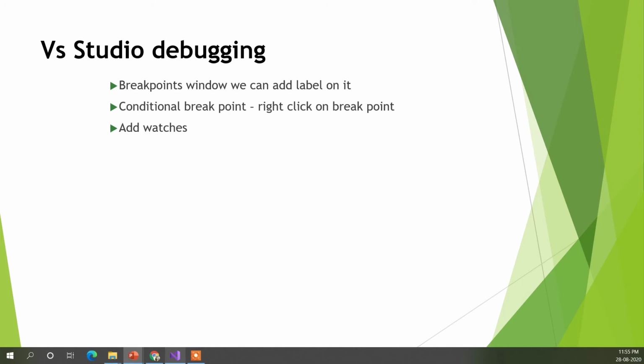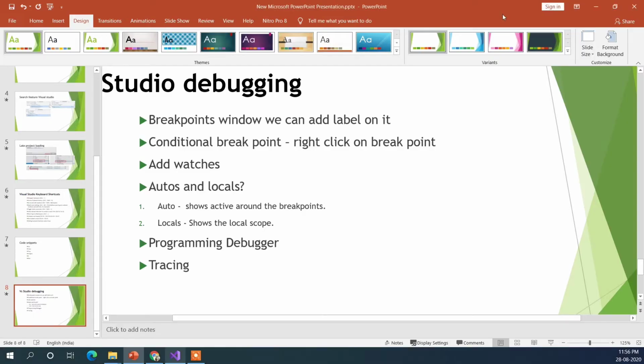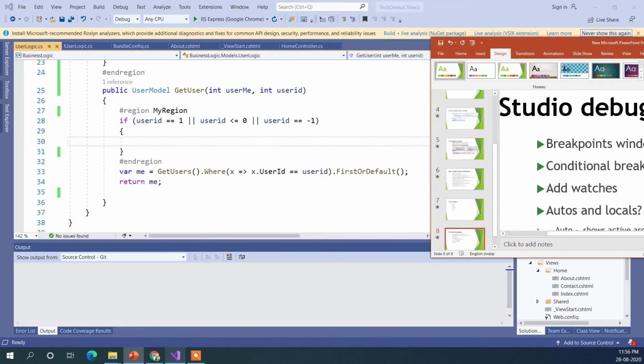We can add watches, so variables can be watched, and we can use autos to narrow down our search for variables. And we can also use program debugging, in which we can format the debugging functions, what information we need to see inside a debugging, and then we can also use tracing. So let's just see those in action.